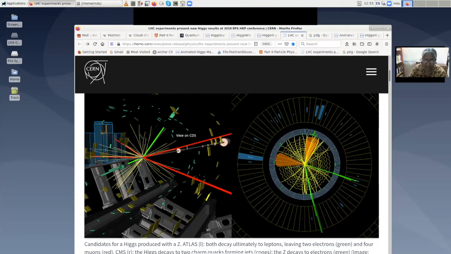So what has happened is that this is the particular production mechanism. I'm really sorry I deleted that page. Maybe I should just find it. So this is the production mechanism where you have the protons hitting each other. The underlying process is q q-bar producing Higgs plus Z. So this is the Higgs plus Z. Both of them decay. So Higgs decays, Z decays, and all of them are decaying leptonically. That means it's a very clean event.